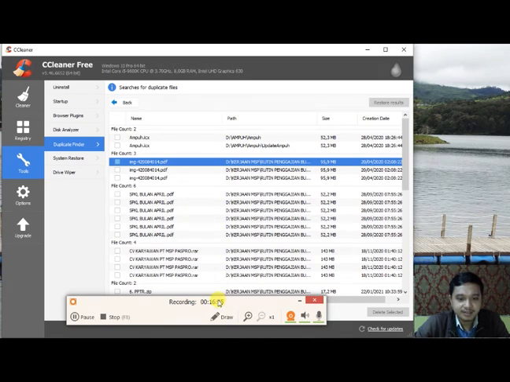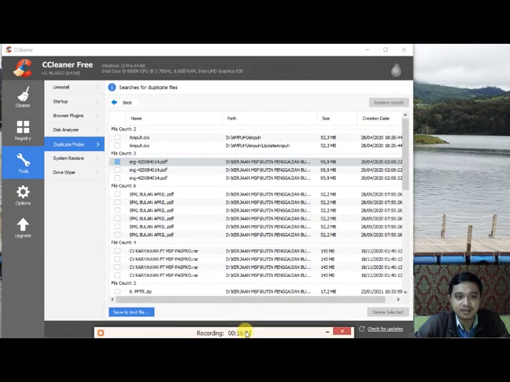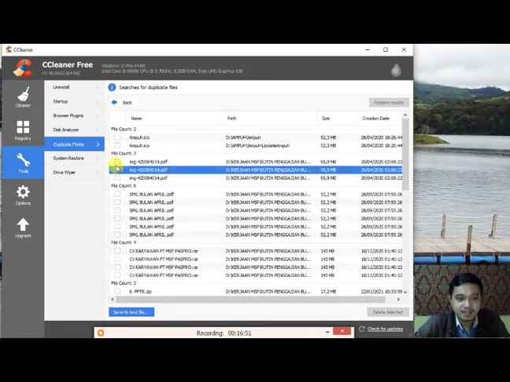When you have found the duplicate files, you can check or uncheck those files. So when you check those files, you can delete the selected files that you want, one of them.